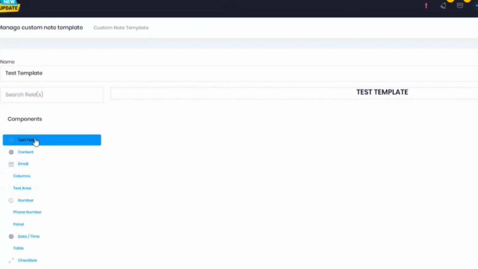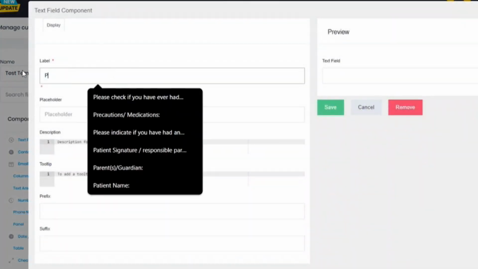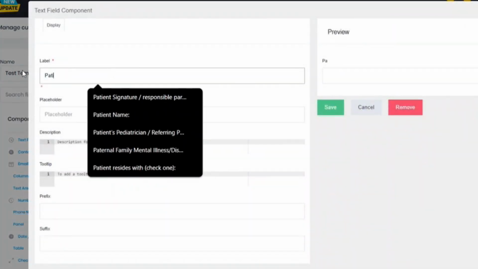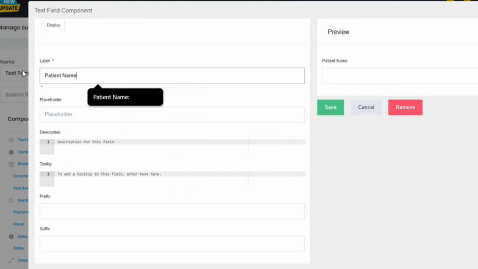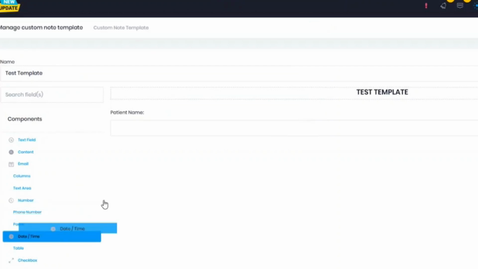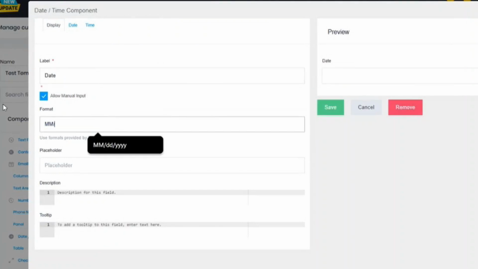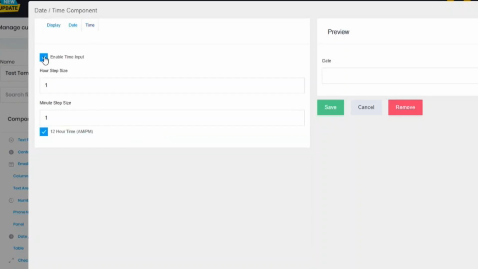For example, you would like to add the patient name, so you can use the text field, and then save. For the date, you can select date/time, and then if you just would like to include the date, then you have to uncheck the enable time input